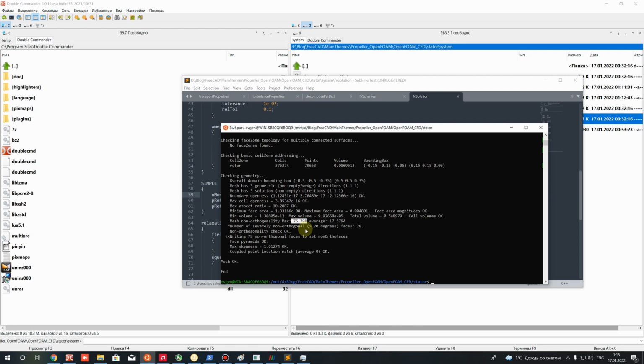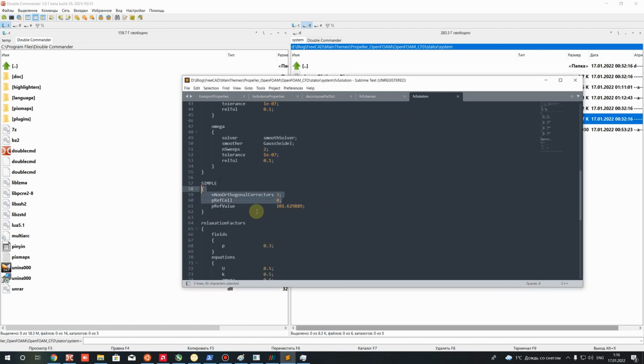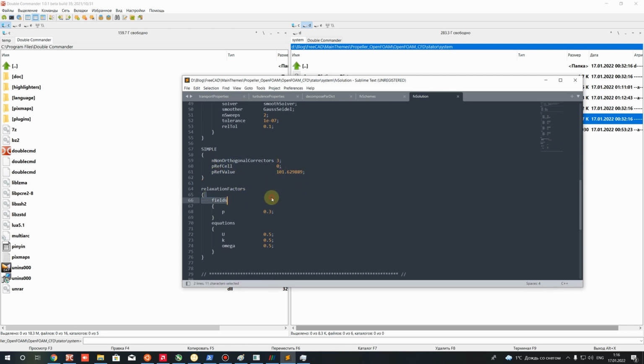You can use a hexahedral mesh, for example, if you have AutoGrid or TurboGrid of ANSYS software, but also you can try to split your geometry into blocks in Salome and create the hexahedral mesh there also. Okay, let's set the 3 here, and these two lines we have to use because